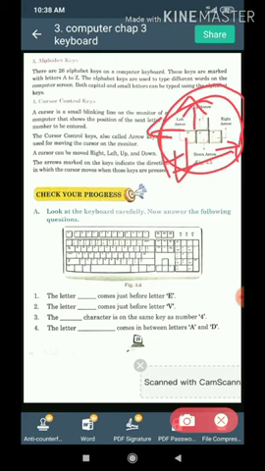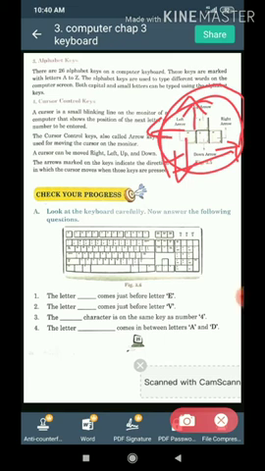Now let's come to your progress. Look at the keyboard carefully and answer the following questions. Look in your books carefully, or if you have a computer at home, you can look at that also.